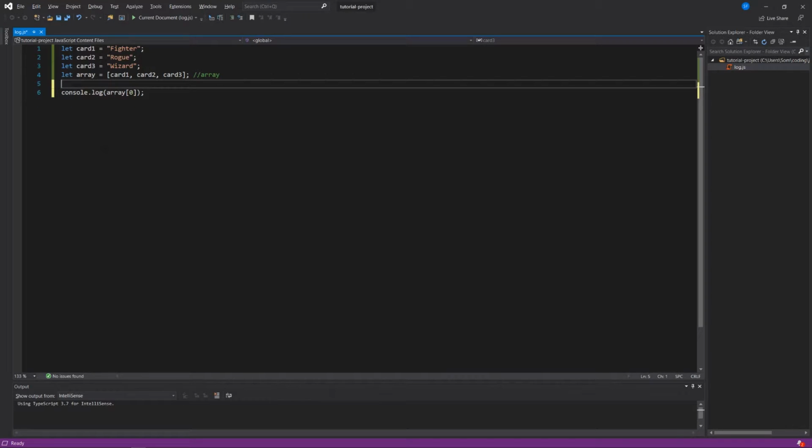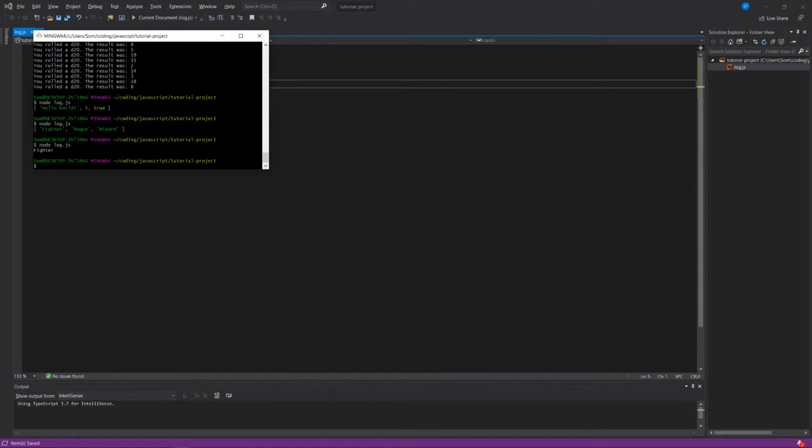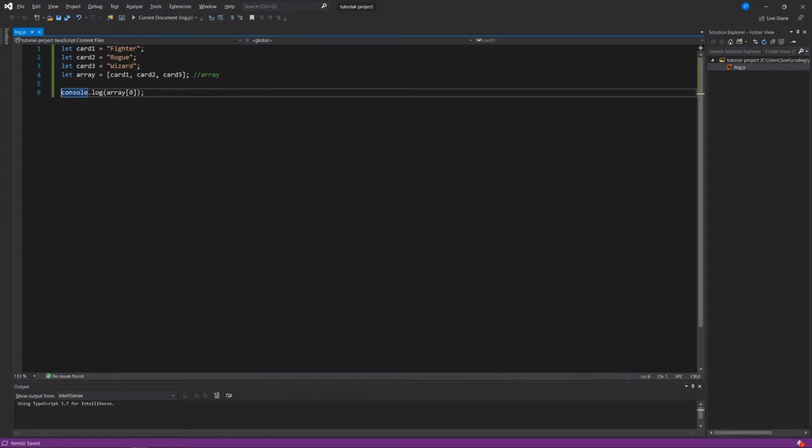Delete the previous line, and just say console.log array[0]. Save it, run it, and I see that's fighter. It just throws that up on the screen for me. And if I say after that